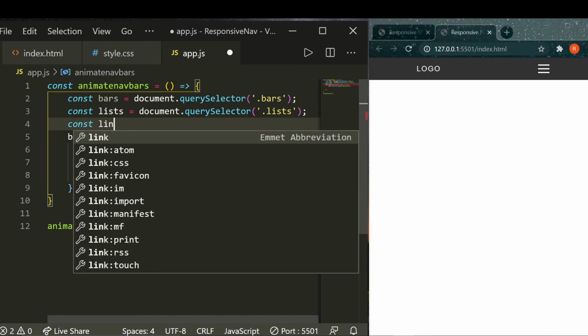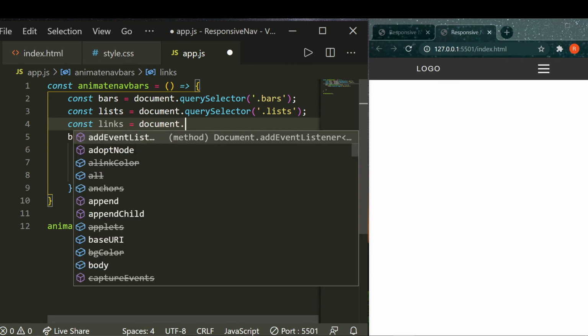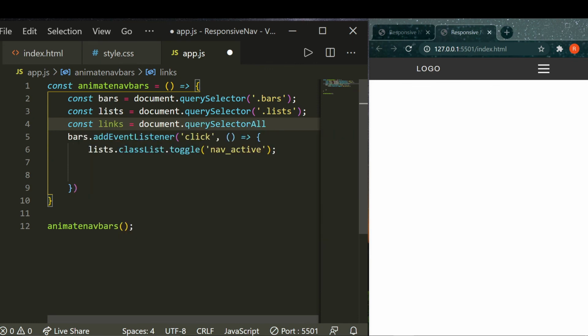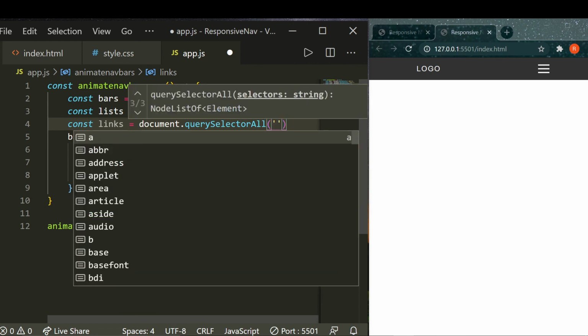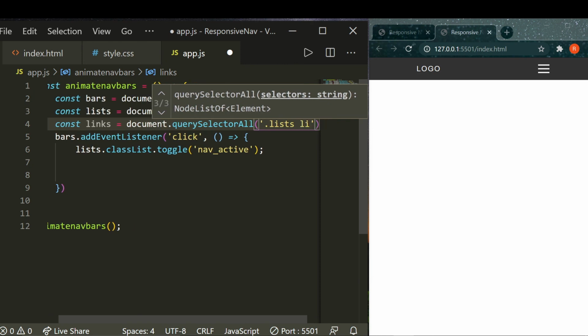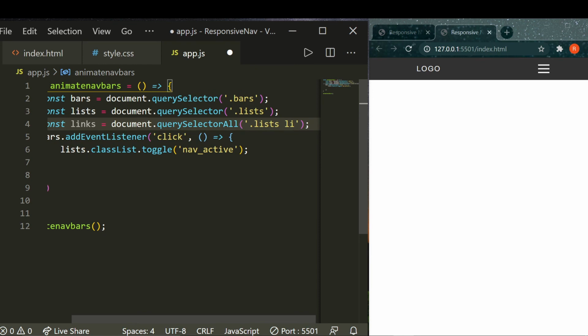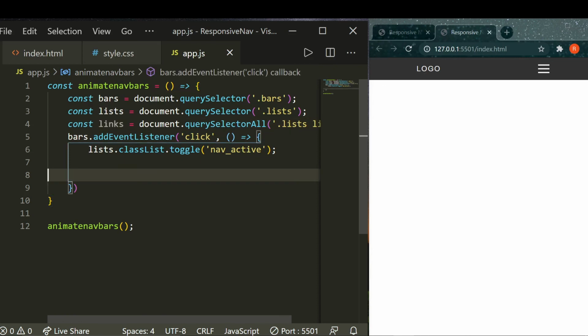So const links is equals to document.querySelectorAll, and it will be list li, because we want to add some functions on li. We want to manipulate our li's because links are present in li's. So we will be bringing those li's like this, and okay, so let's